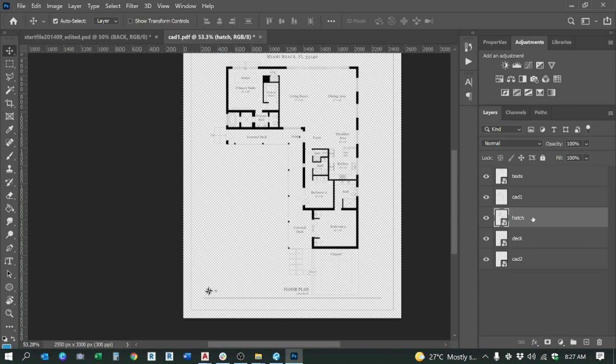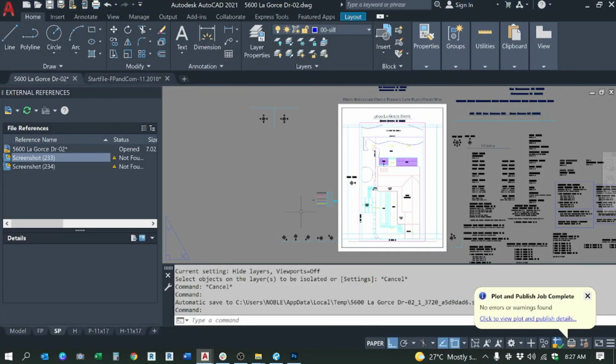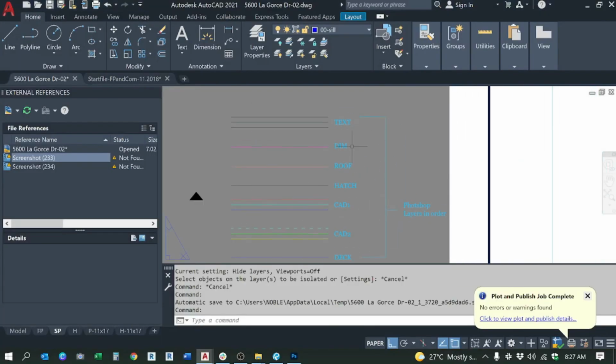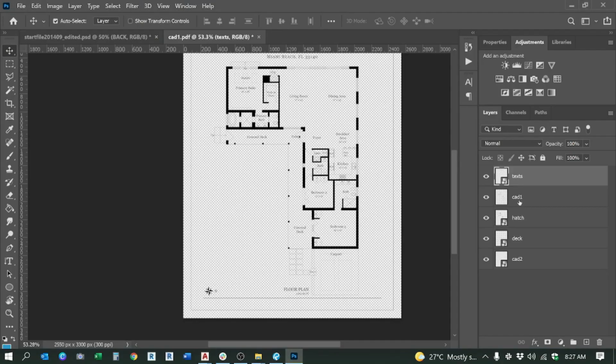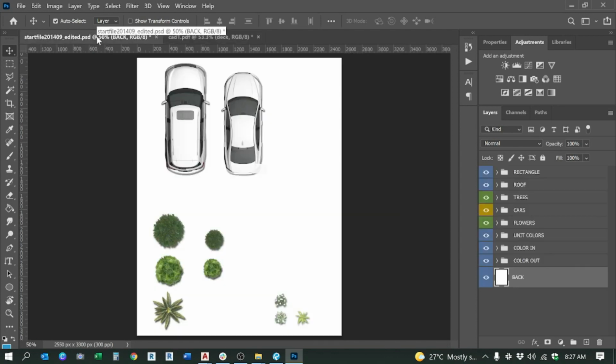hatch. So ang pagkakasunod-sunod niya dapat is like this one. So text, dim, roof, hatch, CAD1, CAD2, deck. Okay, so this time mauuna yung text, and then hatch, and then CAD1, CAD2, and deck. Okay, there you go. And then punta kayo dito sa